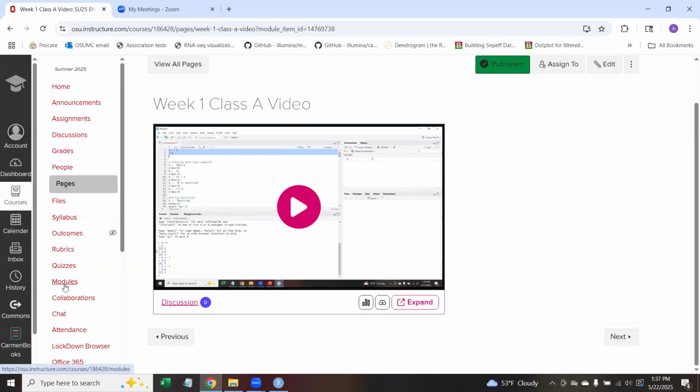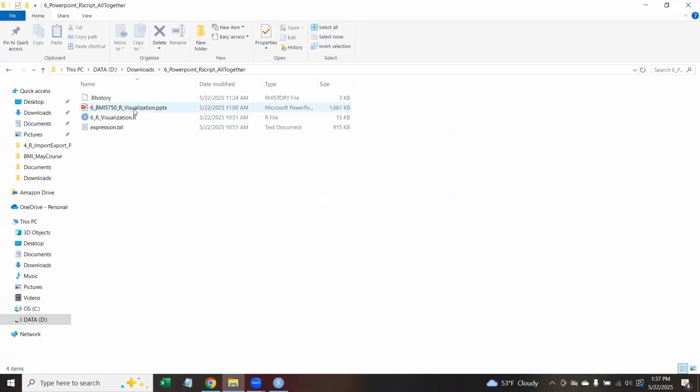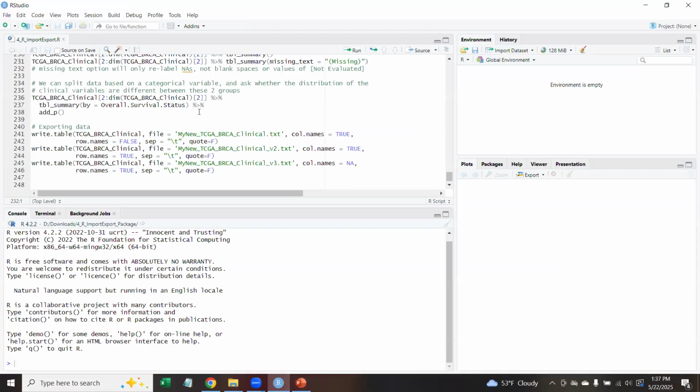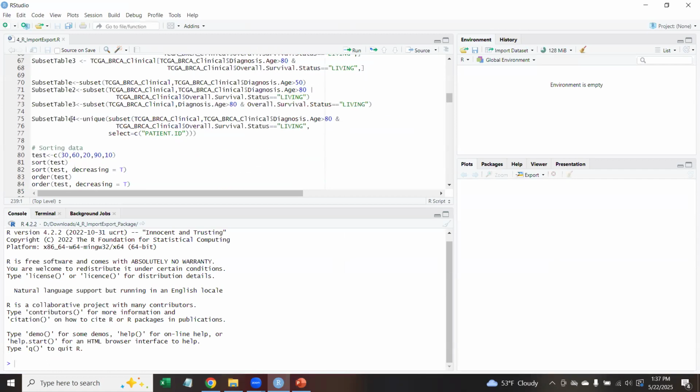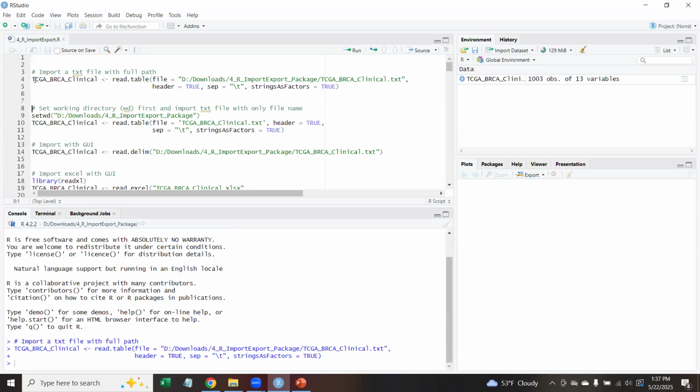Go back to modules. So I'm going to start out. This is today's lecture, visualization. But I'm going to go back to last week. We talked a lot about importing data, manipulating data frames. We did a lot of stuff. I gave you a lot of information. I know. But I don't expect you to remember all of it. I'm trying to give you a lot of